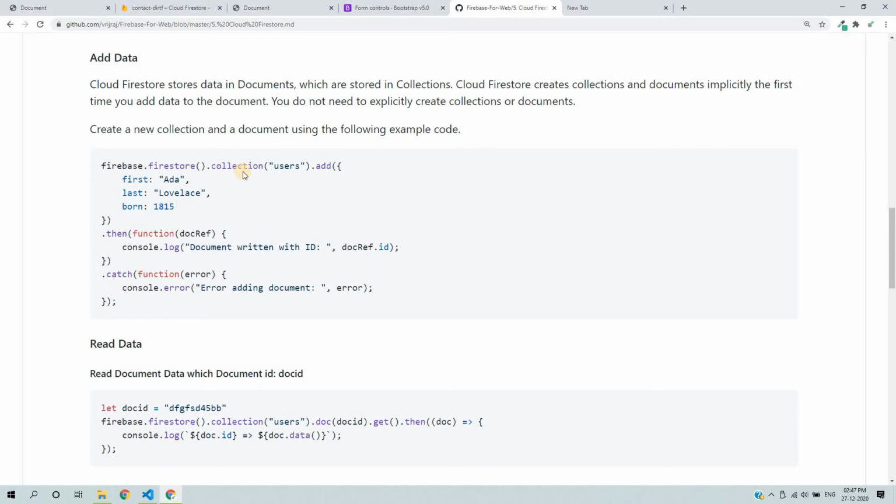So collections can have multiple documents, and each document can have multiple fields in terms of a JavaScript object. So we have Firebase, and then we are using Firestore, and then we need to define a collection. So we can change the collection name, and inside the collection we need to pass a document. So for adding data, we have to use the add method.